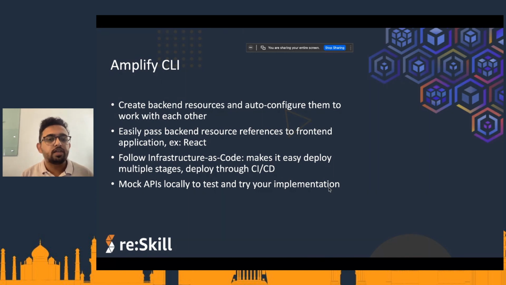And the third thing which Amplify CLI brings is infrastructure as code. If you follow the method of creating everything on AWS console, then say, for example, you created the URL shortener from the last session, and you went and created all the resources on AWS console. Assume you did the development environment with that and you tested everything, it's working fine.